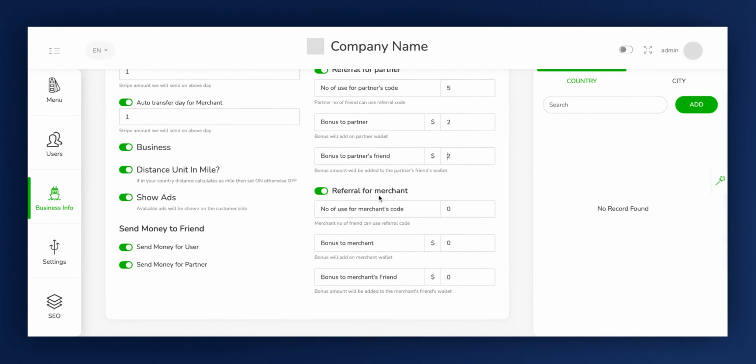Following this, we'll explore the referral settings for merchants. With the toggle turned on, merchants can add their referral code to our app and our panel. If the toggle is off, they won't be able to see this field on either our panel or app. Next, we have the number of uses for the merchant's code. Here, we can set the usage limit for the referral code for merchants, which can be set, for example, to